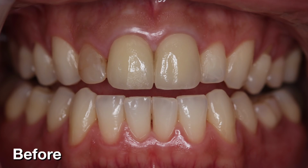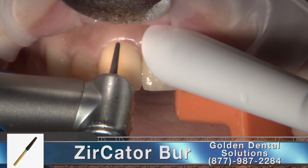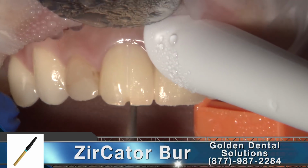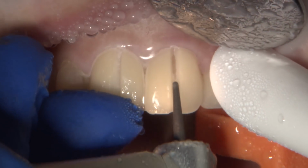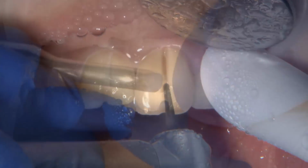Anytime I see fractured teeth or chipped restoration in the aesthetic zone, my go-to material is a highly translucent monolithic zirconia, such as Brasseler anterior. I proceed with the removal of the old restorations, using a Zirconator burr to cut through these bilayered all-ceramic restorations. My treatment plan involved crowning 7, 8, and 9 with Brasseler anterior, as well as placing a Brasseler veneer on